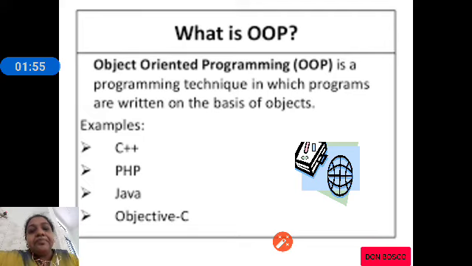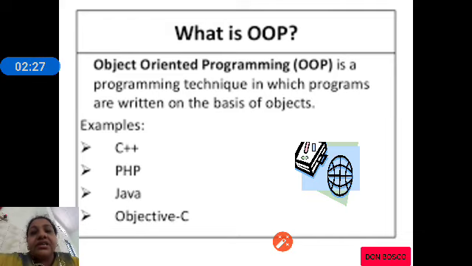Like we use natural languages like Kannada, English, Hindi for communication between human beings, likewise we use computer languages. They are basic building blocks using which you can write programs which the computer understands. Computer will not understand Kannada, English or Hindi. It will understand its own language.